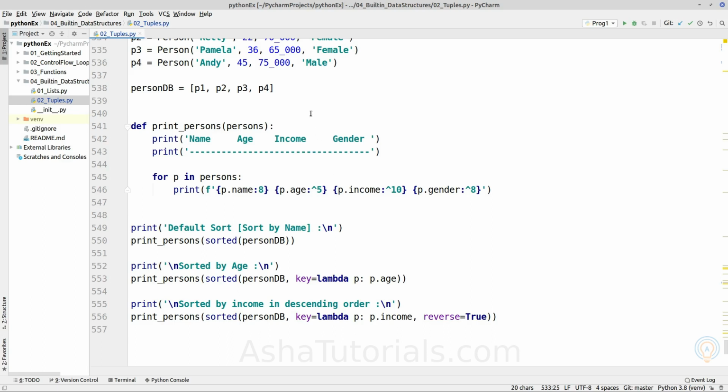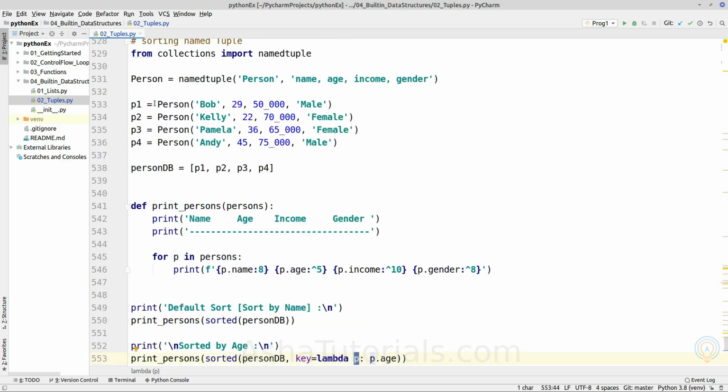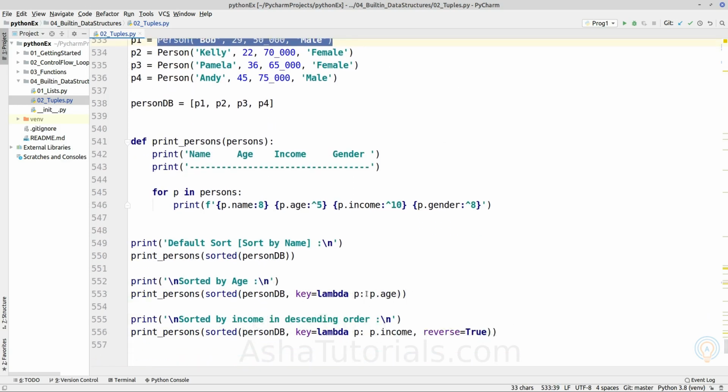So here we will write a lambda function instead of writing a custom function, as we saw for the list. This function should take only one argument, which is a named tuple object, and it returns the age out of the named tuple object.